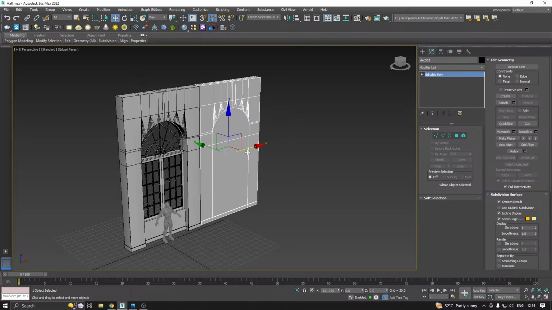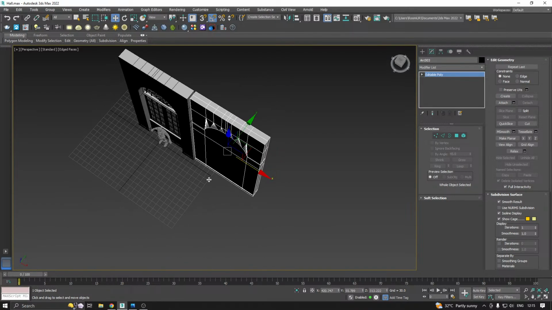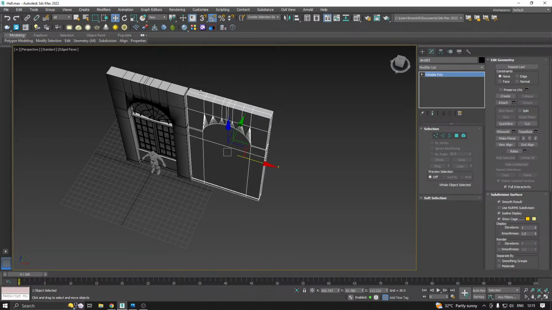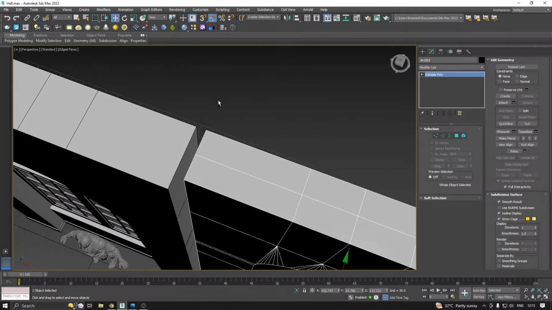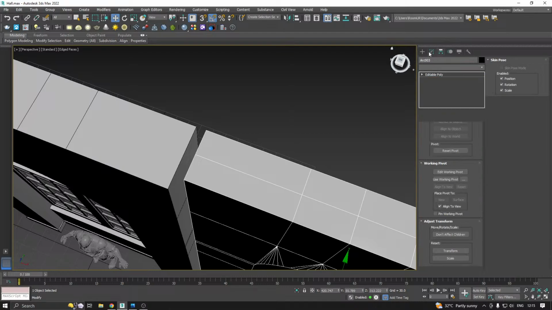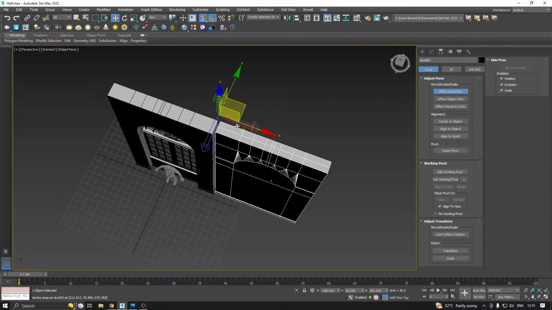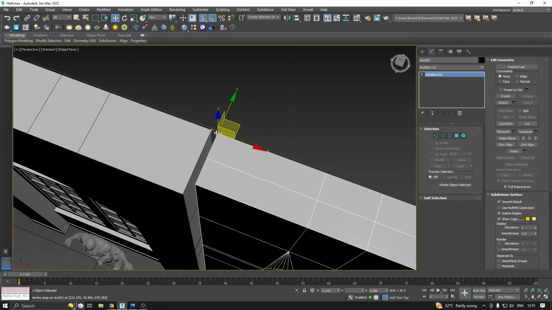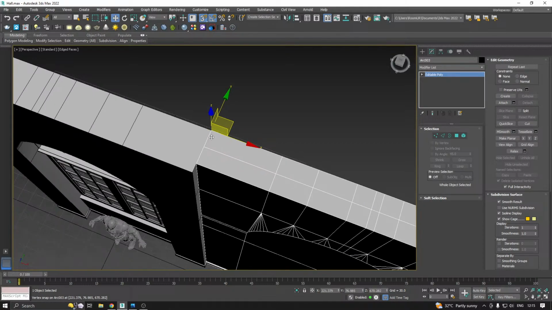Okay, we might need to change the size of the